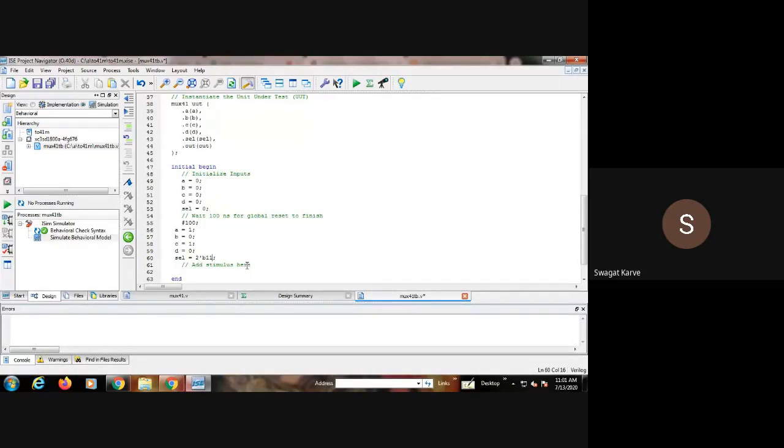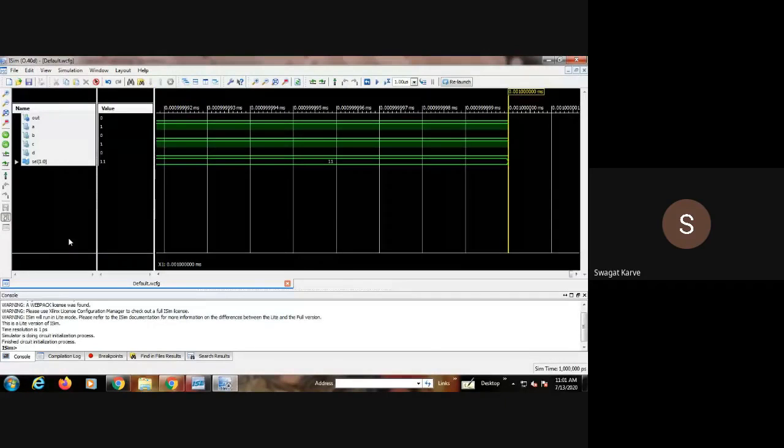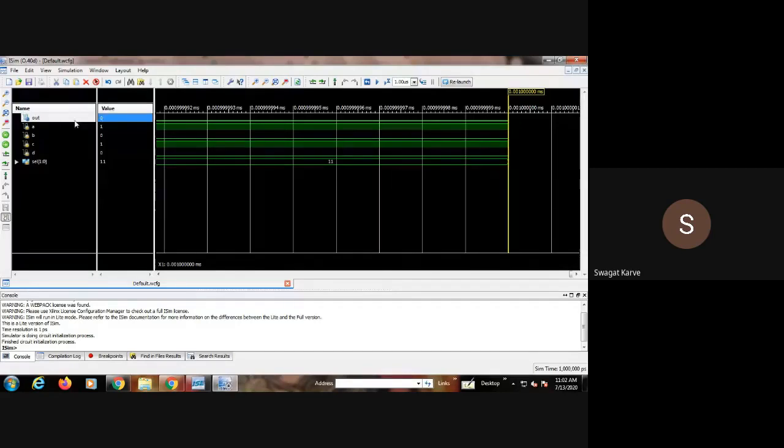Now again we will check, again we have to save this. Check behavioral syntax, it's correct, and again simulate the behavioral model. Now again we will check whether we are getting output as a 0 or not, and yes, it is there, right? So this D output 0 has appeared at the output as a 0, right? And this is 1 1. This is a bus 1 1. A we have assigned to 1, B 0, C 1, D is equal to 0.